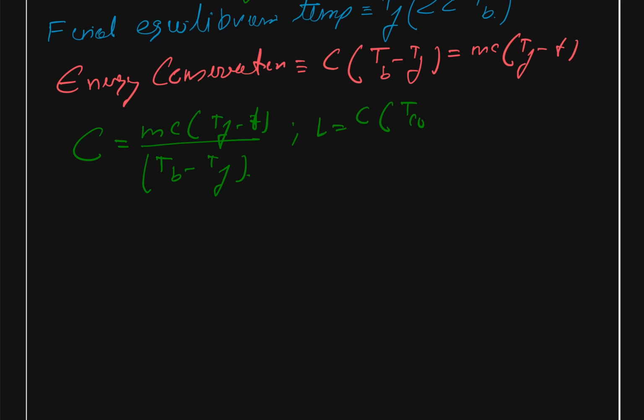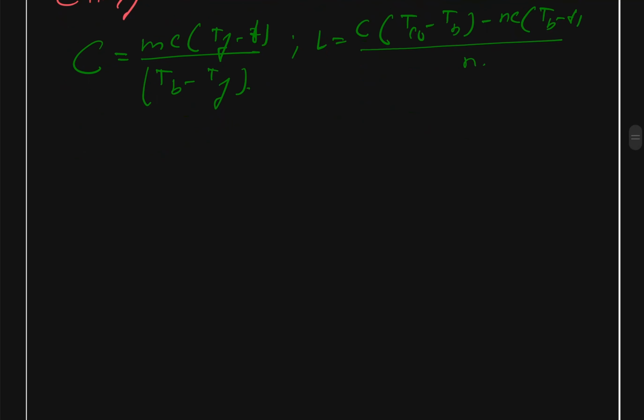So we can say that our L will be equal to capital C (TC0 minus TB) minus mc (TB minus T), and this whole divided by n. Now we can easily find the ratio, which is our ultimate final formula. So we can say our L upon